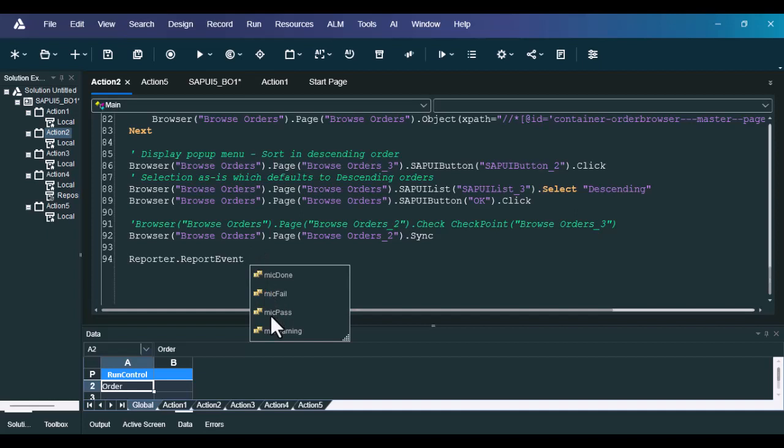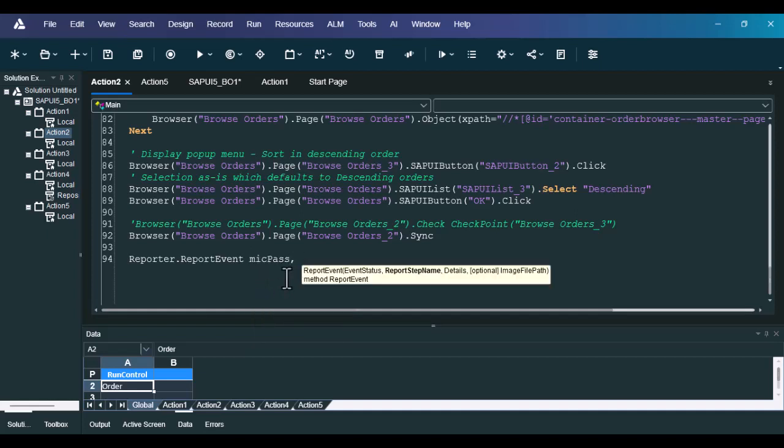I want to put a micPass and comma, and then I'll put in a couple of values. The first one is going to be that step name, if you will, and the other one is going to be details. All right, so I'm saying here I want to do a test check, not test check,